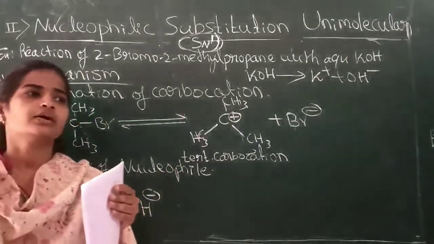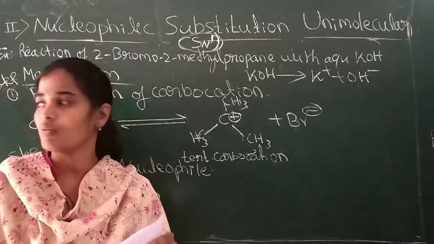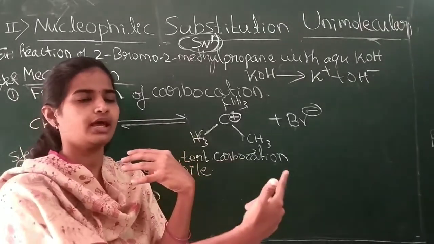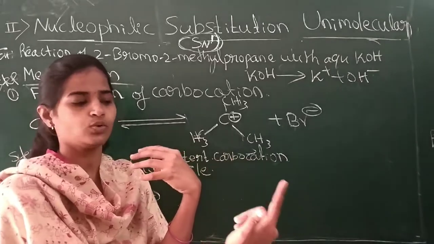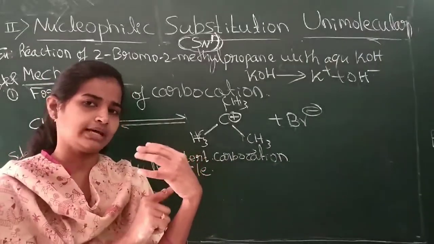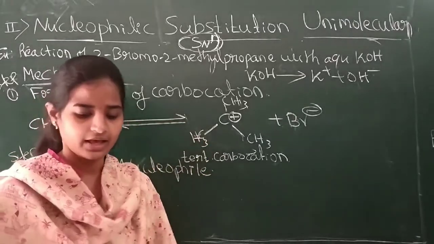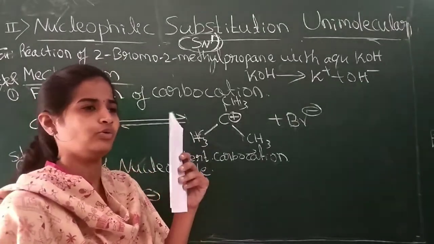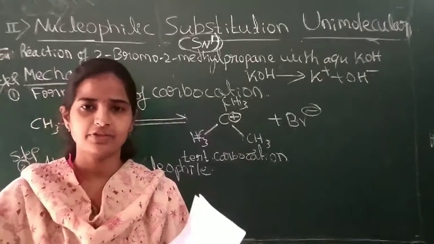This was not the case in the SN2 mechanism. What happened? In the SN2 mechanism, the molecule was like this. Here the halogen was there. There was no way for the incoming nucleophile to attack from this side. Therefore, it attacked from the back side. Then the configuration turned like this. Got it? But here it is a planar molecule, so the incoming nucleophile can attack from the front side of the carbon atom as well as from the back side of the carbon atom.